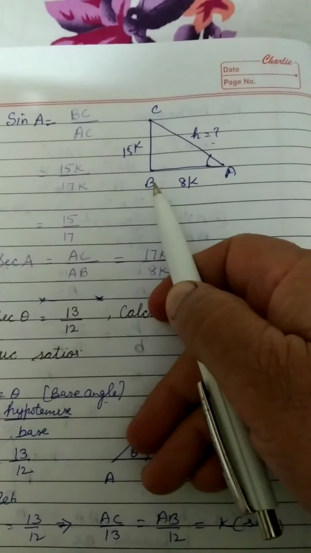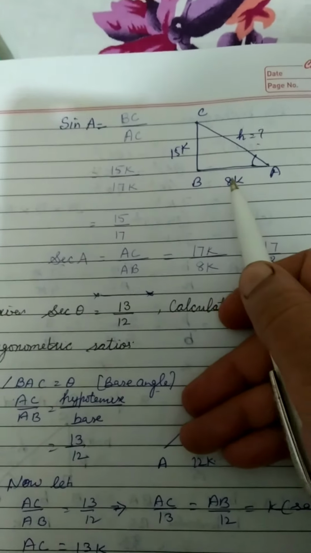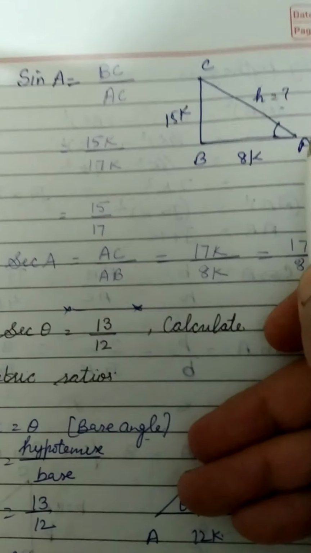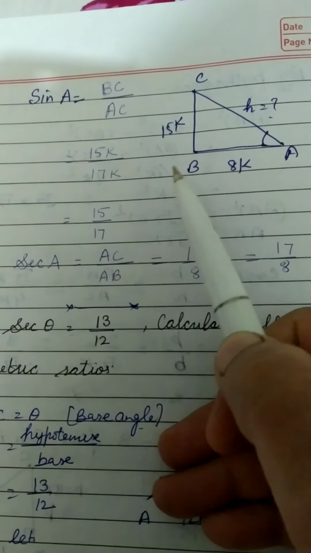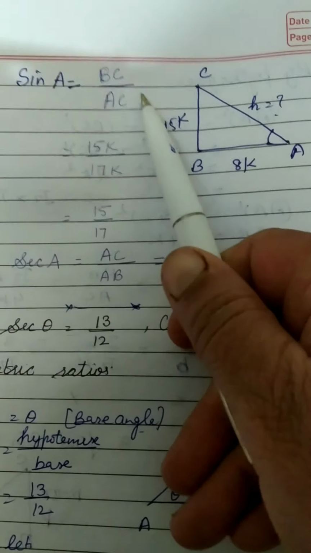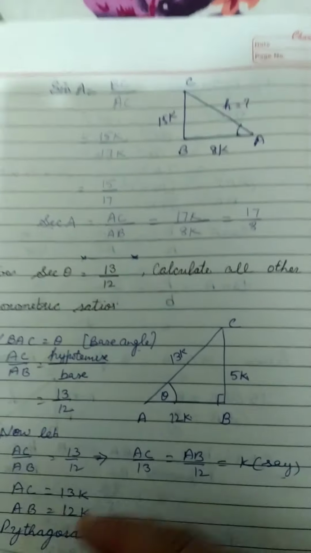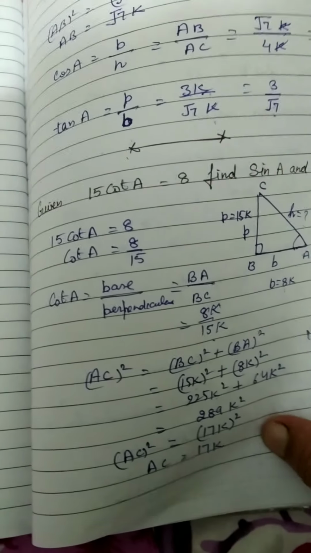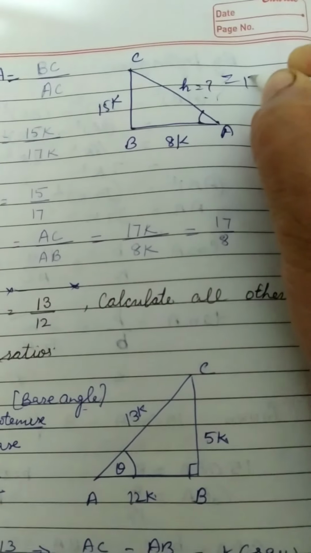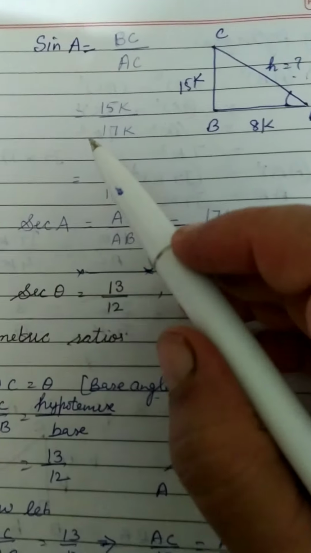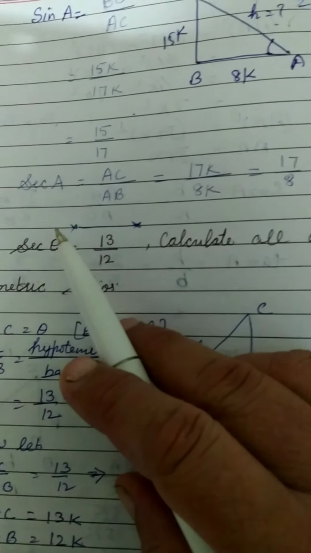Then sin A is perpendicular upon hypotenuse, BC upon AC, which is 15k upon 17k. We put the hypotenuse value as 17k. It is 15 by 17. Secant A is